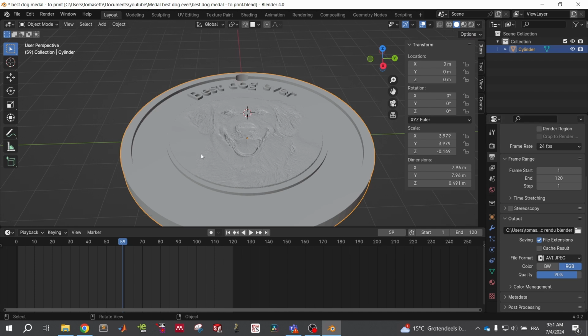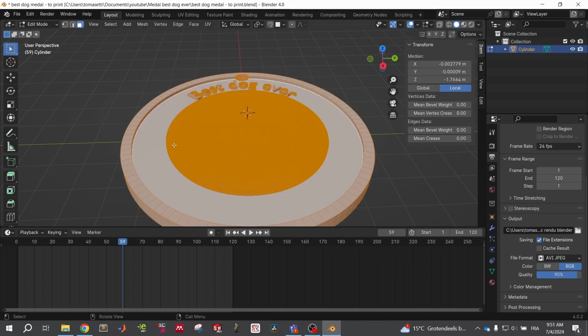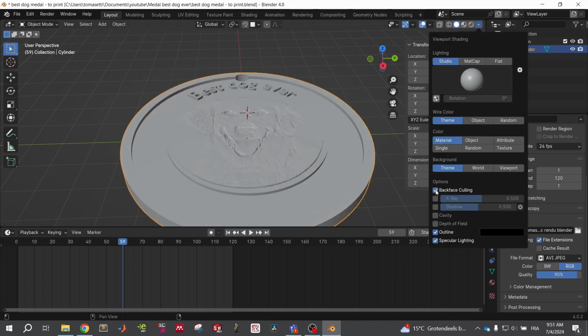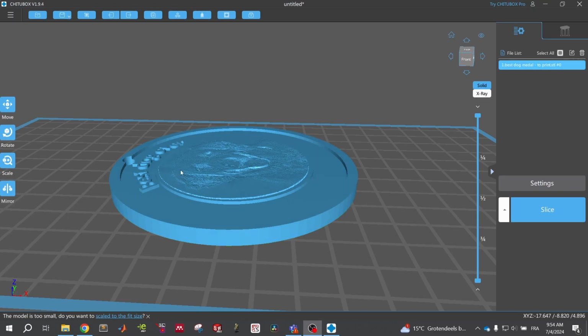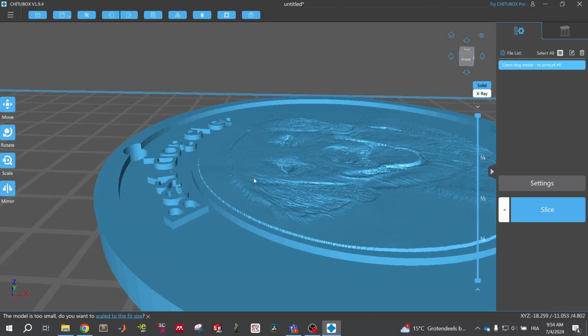To fix the normals of the letters, go in Edit mode, press A to select all the faces and Shift N to recalculate them. Now, if you use the Back Face Culling option, you can see that all the faces are still visible. You can import the file again in Chitubox, and you can see now that the letters have the same blue